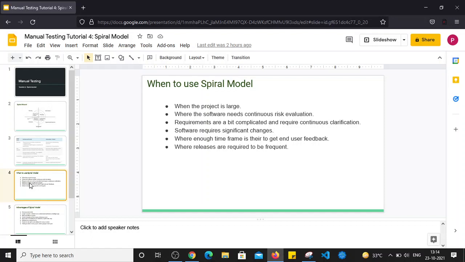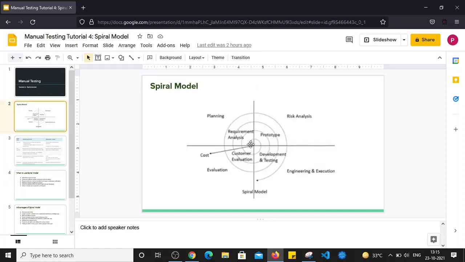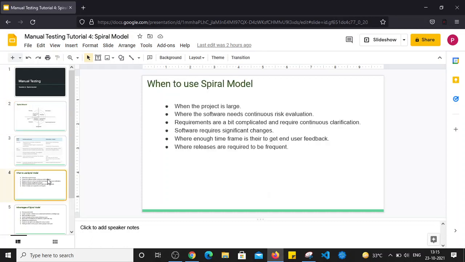So basically, when the project is large, at that time spiral models are used. Because in large projects, requirements will be continuously changing. So if you see a large project in which requirements are not fixed, they are continuously changing. For such projects, it is better to develop the product using the spiral model, because we can accommodate new changes after every cycle. Correct. So that is the main basic funda of using the spiral model. Whenever there is a large project, it is recommended to use the spiral model.